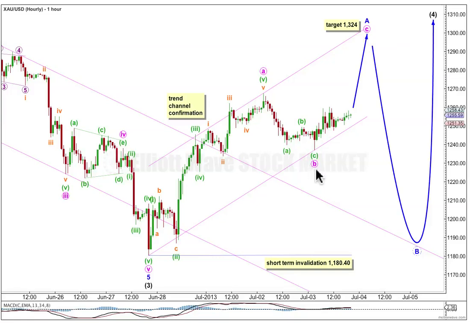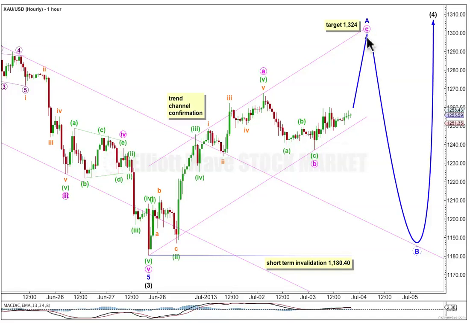At this stage, we can't confirm that minute wave B is over. We could move the degree of labelling here down 1 degree. This could be just a zigzag for minute wave A. We could have B and C, and minute wave B could move lower as a flat. If minute wave B does move lower, it can't move beyond the start of A below 1180.40. When minor wave A is a completed three-wave zigzag structure, then the short-term invalidation point will no longer apply,